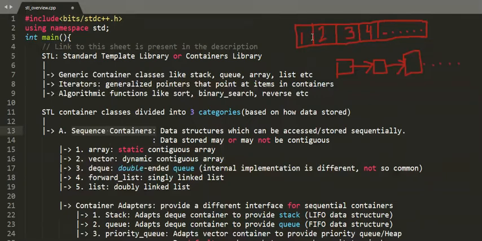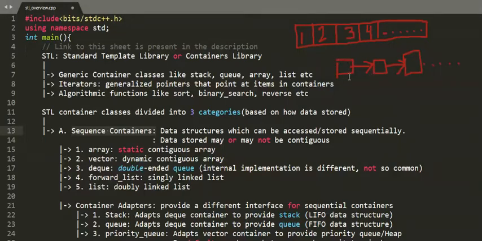As you can see here, it is an array and it is a linked list. In an array, we have the first element, and then the second element, and then the third element, and then the fourth, and so on. And you can see that all the elements are in sequence. Also, all these elements are contiguous.